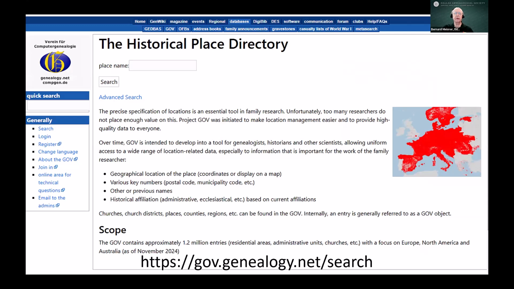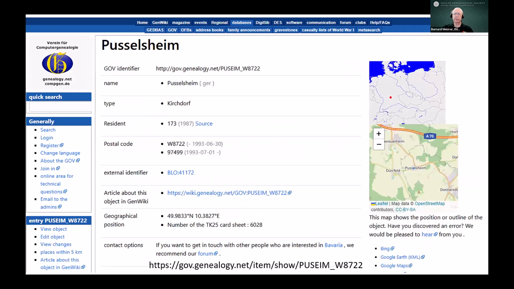Also, as a gazetteer, the CompGen website, or genealogy.net, has a historic place directory, and you can see it covers not just Germany, but a large part of Europe. You go in, and the abbreviation is GOV, and I put in my Pusselsheim and get this basic information. If you're going to write there, notice their equivalent of zip codes changed in 1993. Now it's all digits. And again, if you scroll down,